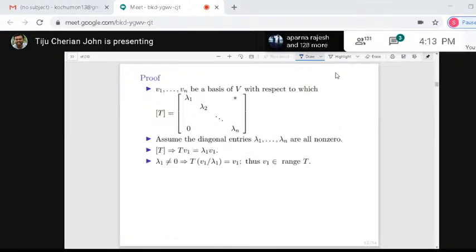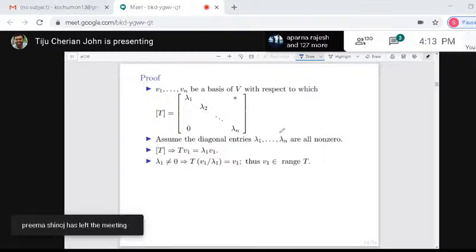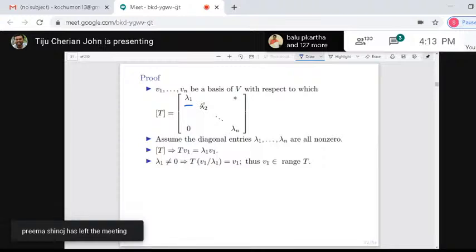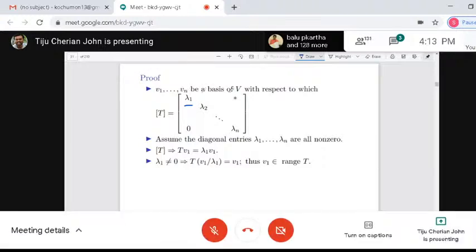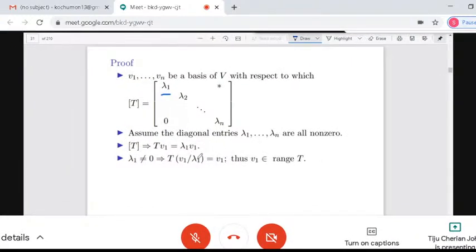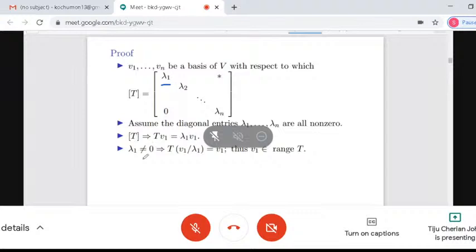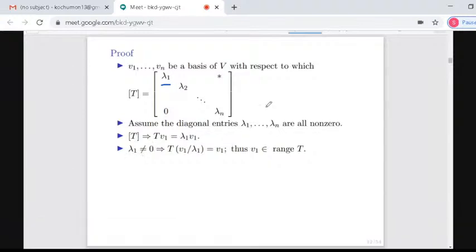and assume that the diagonal entries are lambda 1 up to lambda n. The first thing we can notice is that T v1 is equal to lambda 1 v1. And we have assumed that lambda 1 is not zero. Assume first that lambda j is not equal to 0 for all j. We want to prove that